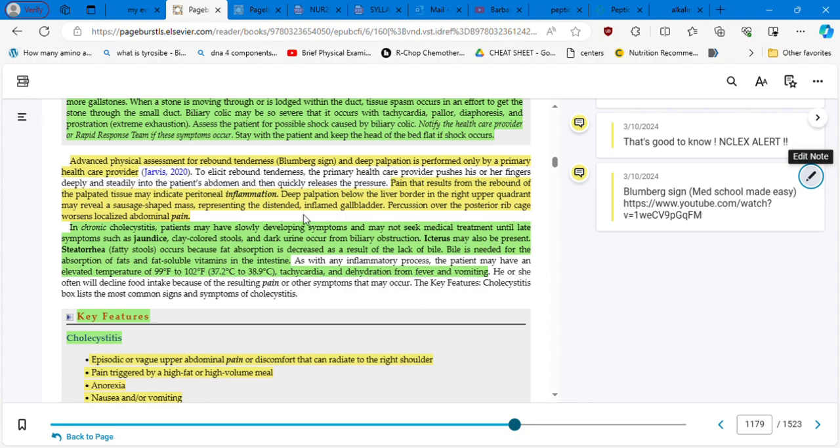And then, so pain that results from the rebound of the palpated tissue may indicate peritoneal inflammation. Now,